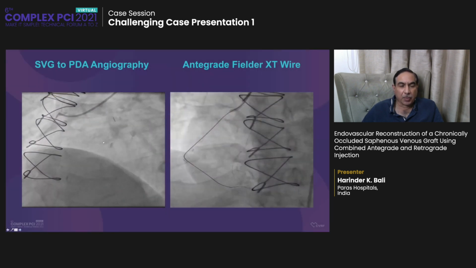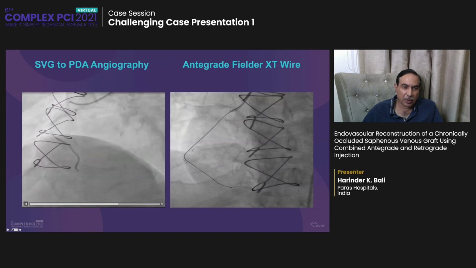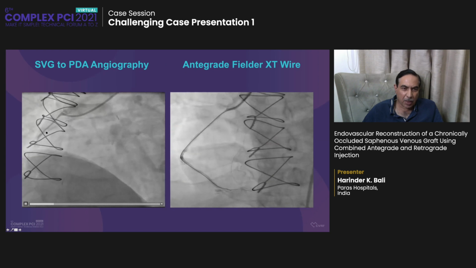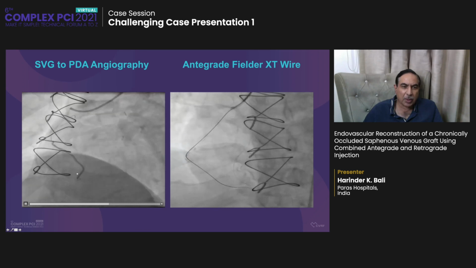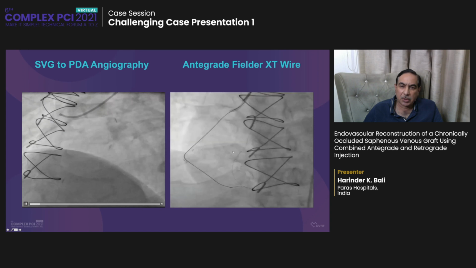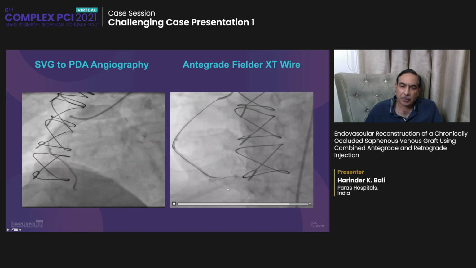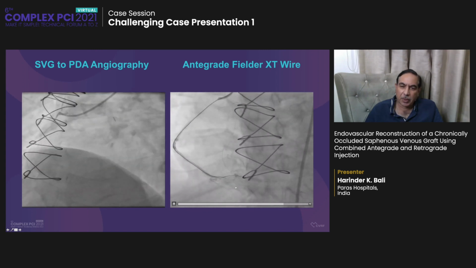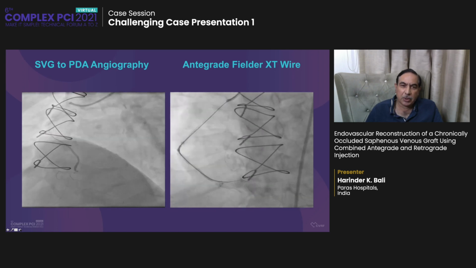This is the angiography, and you can see the right coronary SVG graft is diffusely diseased right from the ostium, and then in the mid segment at this anastomotic site, which is chronically occluded, and there's no vessel visible distally. We tried to cross this lesion antegradely using a Fielder XT wire, but distally we couldn't cross the lesion. And in fact, there was a small pulp, but then we decided to use both the femoral routes to see the